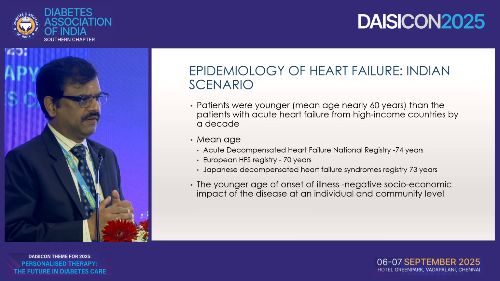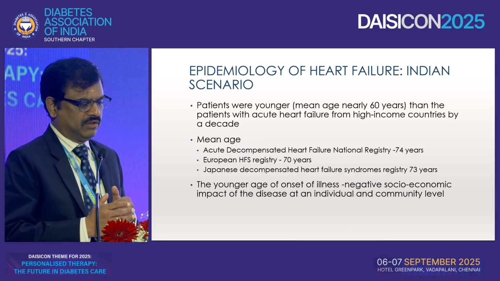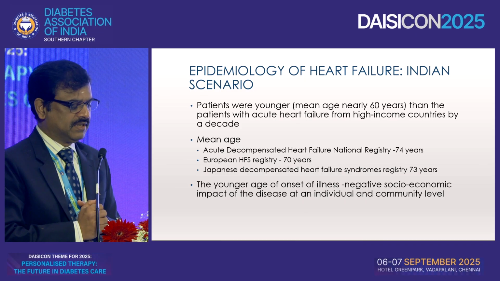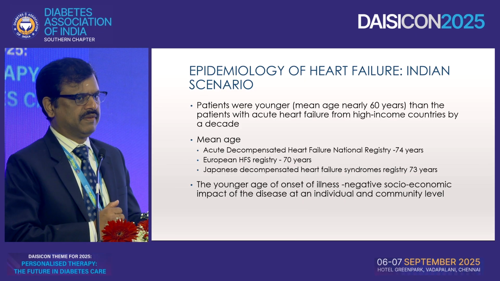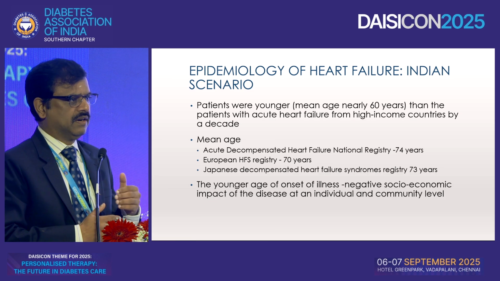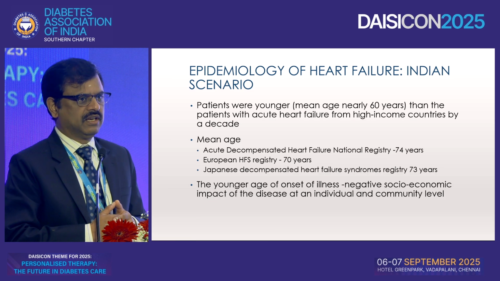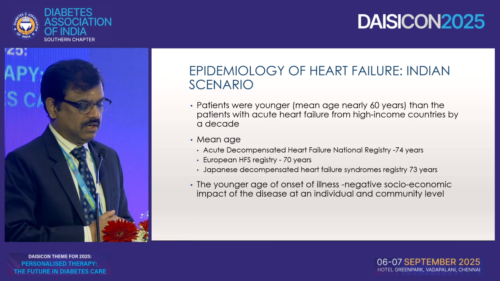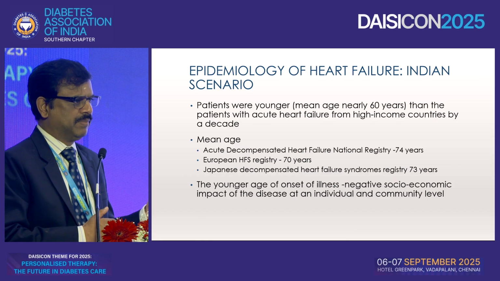So we get heart failure at a younger age compared to the western group of people, and these are the breadwinners of the families. These are the people who are taking care of their families to a great extent, where heart failure reduces the longevity of life and quality of life is impaired. So younger age also has a negative impact on the social